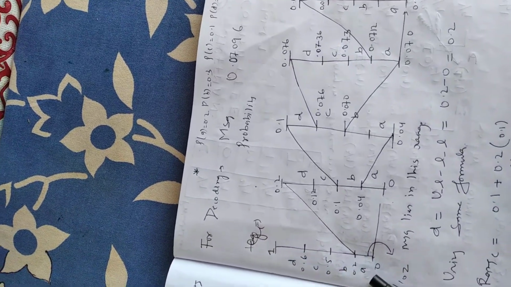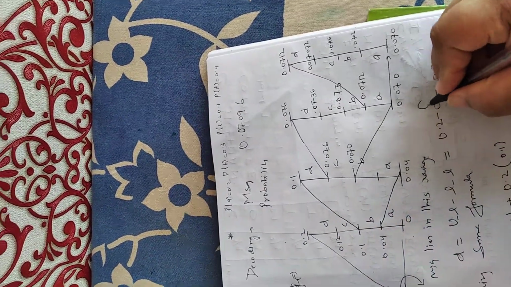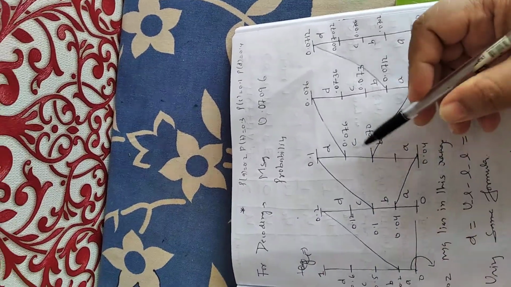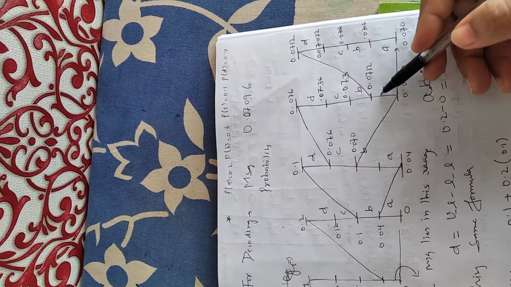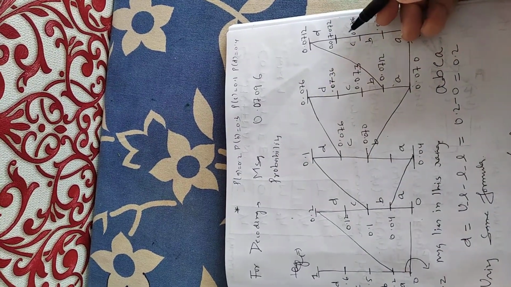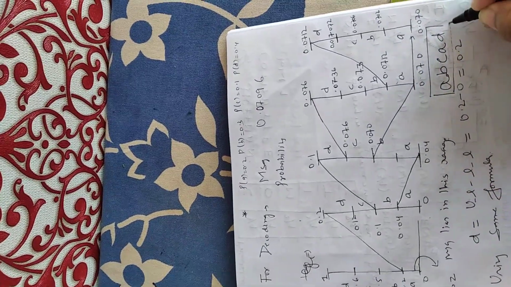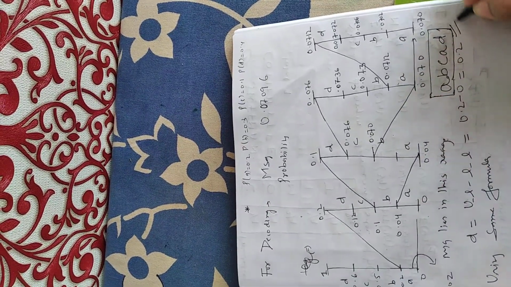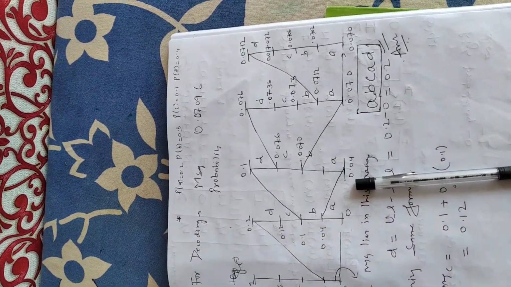So at first we have explored the value of A. So write down A. Then in the second step I have explored the value of B. So write B. Then in the third step I have explored the value of C. So write C. Then in the next step I have explored the value of A again. So A. Then in the last step I have explored the value of D. So D. So you can see this was my original message from the sender. That is the end of the arithmetic decoding.